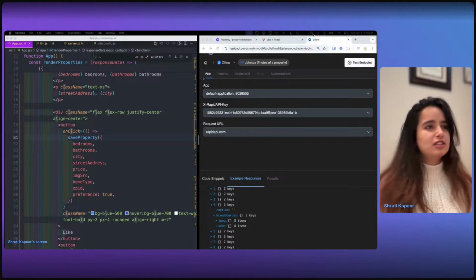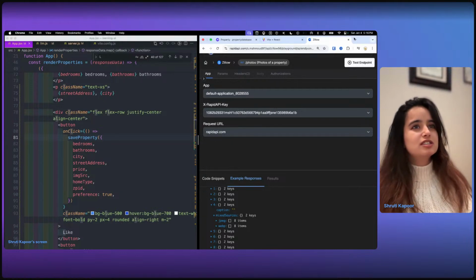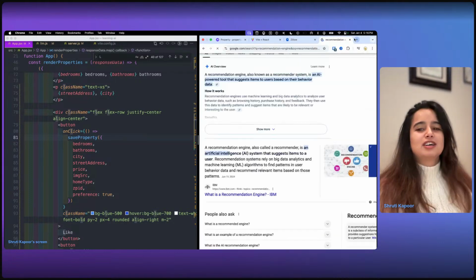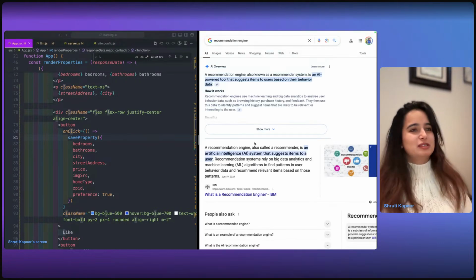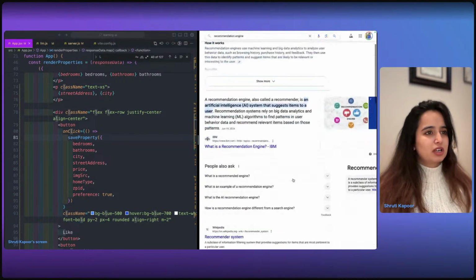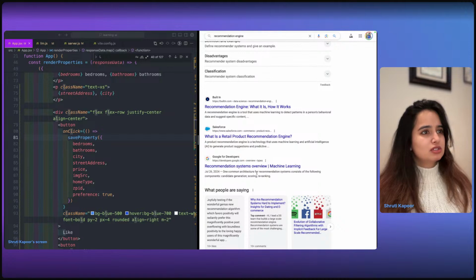Okay, meanwhile, let's find out how to do a recommendation engine because no idea. Maybe we should just add ChatGPT. Actually, I'm gonna open this in OpenAI.